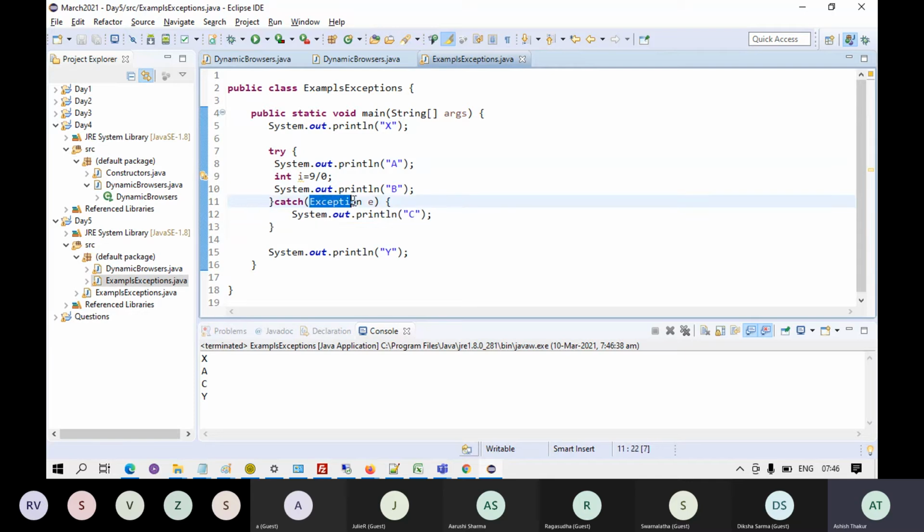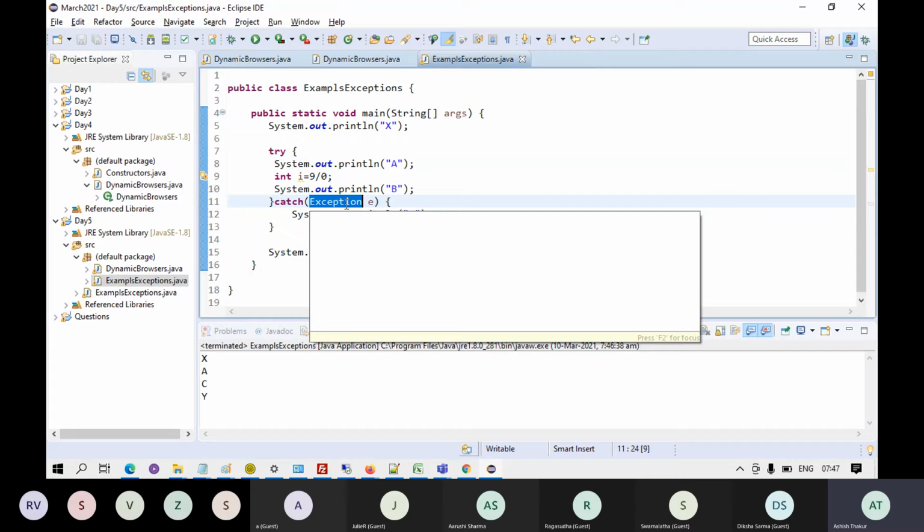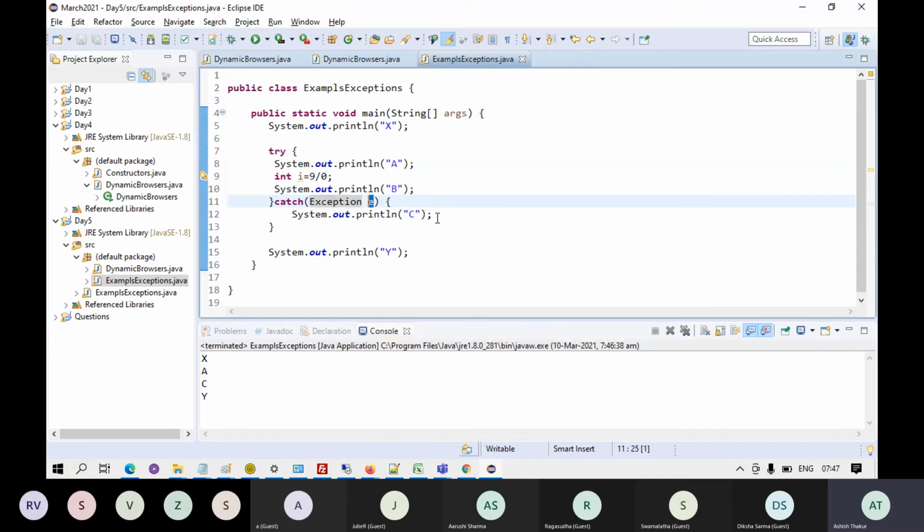In the catch block, when the control goes there, Java internally creates an object of the exception class. There is this internal class in Java known as Exception. Java automatically creates the object of that class and gives it to you. With this object, you can do different things.